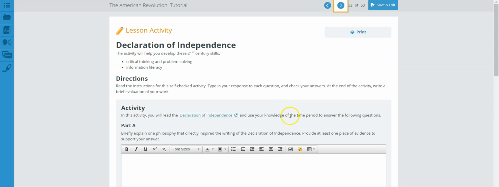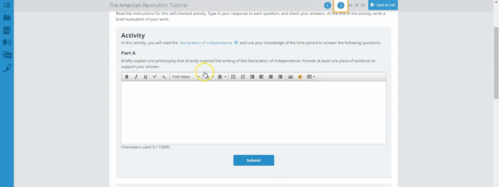Let's move on. We are now on page 32 of the American Revolution tutorial, lesson activity, the Declaration of Independence. Let's go to the activity part and see what it's telling us to do. In this activity, you will read the Declaration of Independence and use your knowledge of the time period to answer the following questions. Again, you need to focus on this particular link here, as this link will guide you and give you the